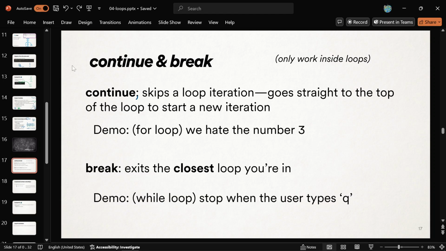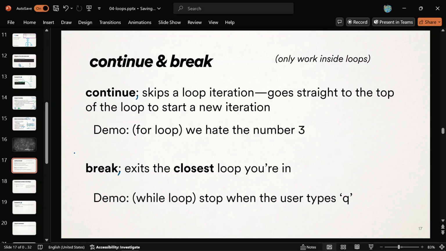The next one you'll use more often, probably. Break is the more important of the two. Break stops the loop completely. It exits the closest loop that you're in. All right. Think of why I'm saying that. That will foreshadow the rest of this lecture. So it's just another thing that you can say on a line by itself. You say break, that will stop your current loop.